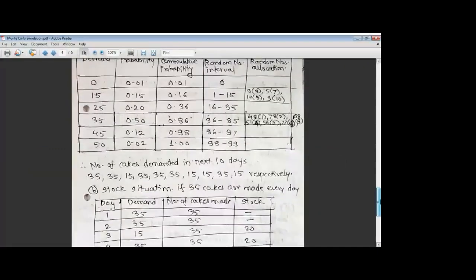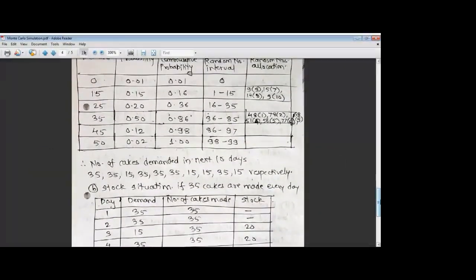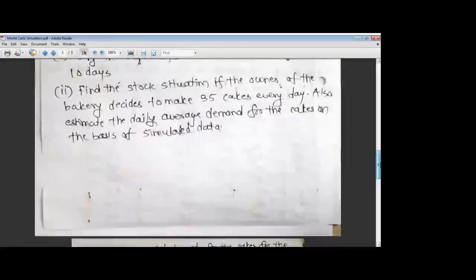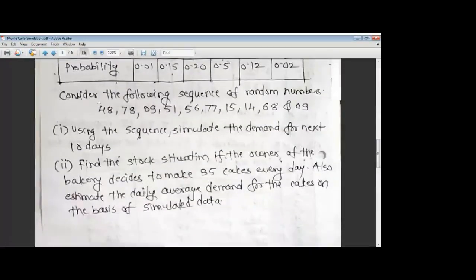So in the exam, you will be given one set of random numbers only, so that your answer matches and that is easy to evaluate. I'm hoping